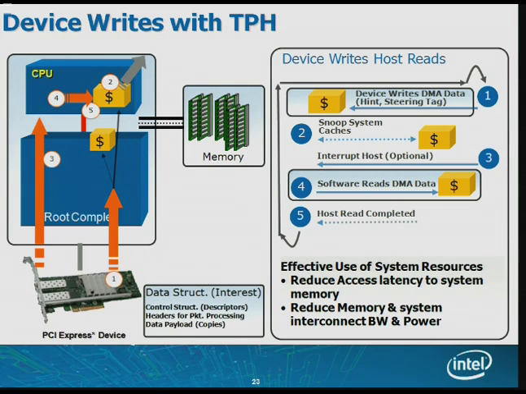So if the device could provide a hint that the data is in a cache and can be updated directly into the cache, then after the snoop, the update happens directly within the cache, and the CPU would read the information out of the cache. In this case, you wouldn't see memory traffic whatsoever for the same sequence. In the worst case, in a multi-socket system, this could be a cache-to-cache transfer depending on where the I/O transaction goes, but nevertheless it will not require a memory transaction. So in this case we're reducing both memory and system interconnect bandwidth,